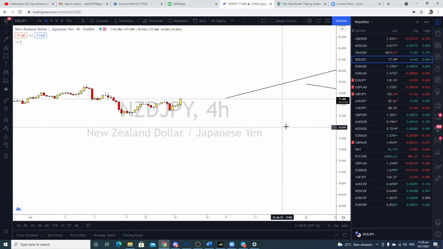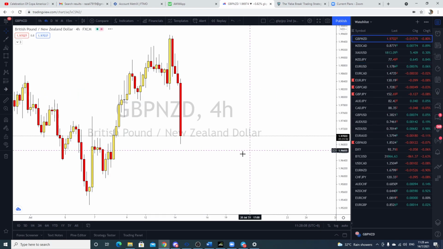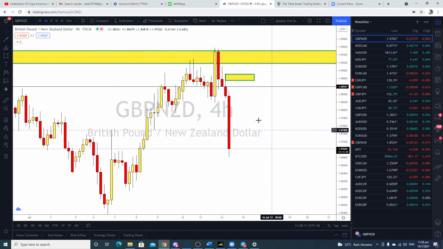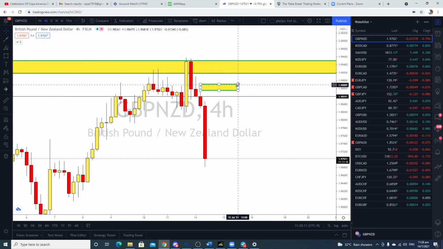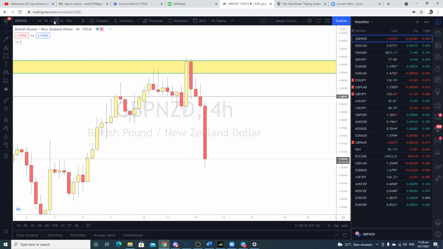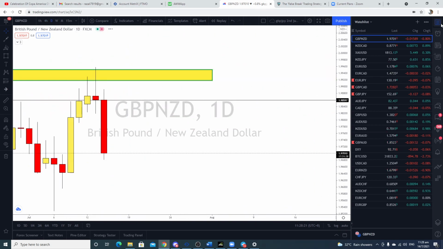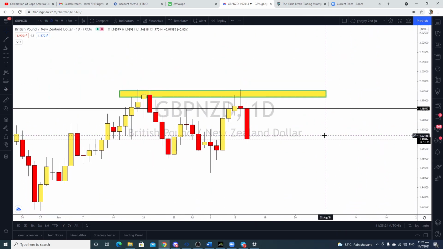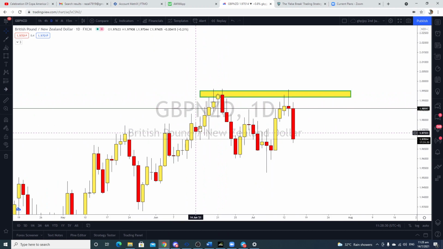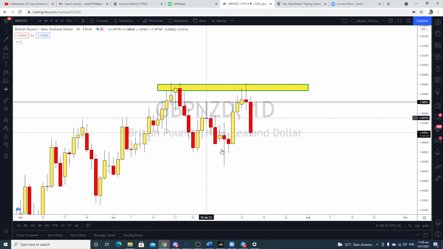NZDUSD, NZD yen taken, euro, I think pound NZD, I look for a sell. Yep, pound NZD has gone down. The information that I took for my pound NZD sell is just from these candles alone. Price had rejected a previous supply zone here, a rally base drop, and then it consolidates here and goes up to retest that. So it's a double top here, a retest of the previous supply zone.